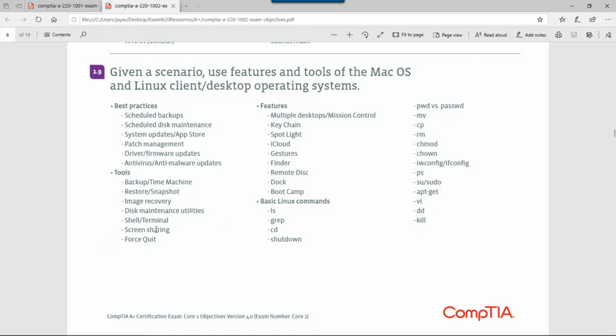I guarantee it. They're not going to give you a Linux command prompt and tell you to go change the ownership of files from user A to user B, right? They're not going to tell you to do that. But what they're going to say is, we want to change ownership, right, of a file. Which command are you going to use, right? And most of them, it's easy to